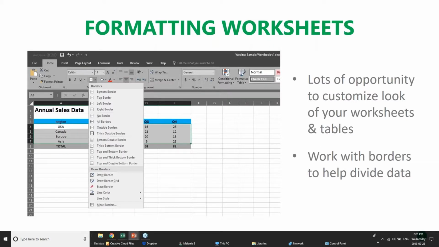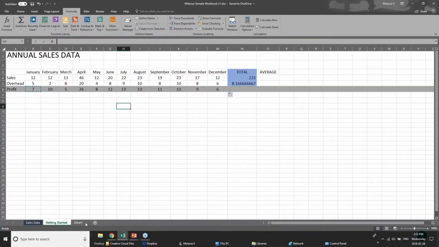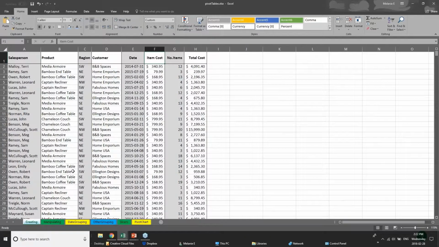So once you've put a worksheet together, if it's not very much data, it's kind of easy to look at, I guess. But if you are working with lots of data and lots of rows and lots of columns, it's really hard on the eyes, especially if your information is not formatted well. So Microsoft has lots of capabilities. So let me just go here to another spreadsheet. Here's one. Now this one has